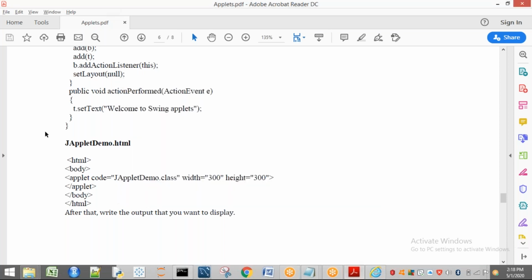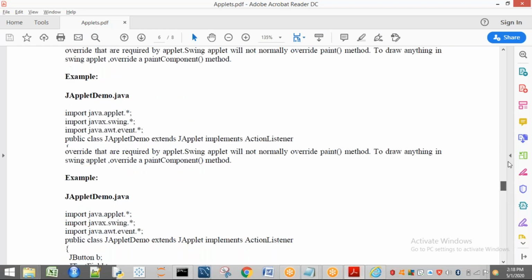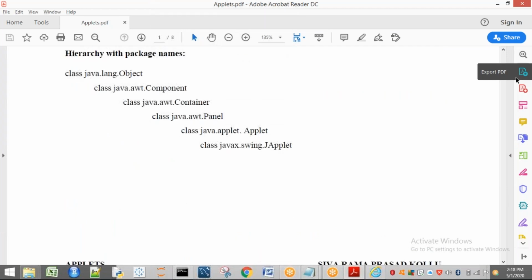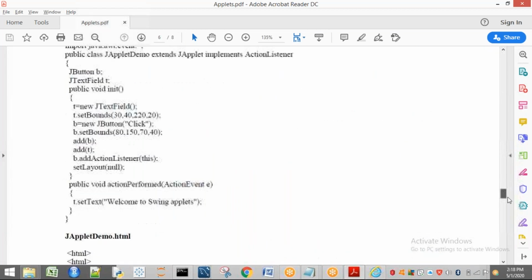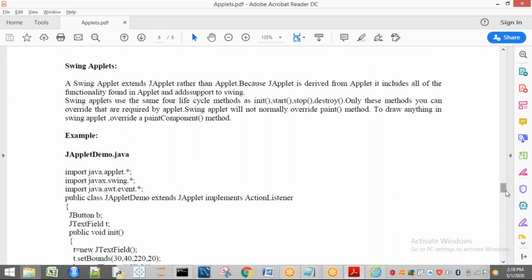Anyway, this is the basics of your JApplet. So remember four points. What are those four points? First point is JApplet. Already we have seen the hierarchy. If you see the hierarchy, you can observe JApplet is a subclass of Applet. All the properties of Applet will be given to JApplet. But for drawing purposes, JApplet is not going to use the paint method. The reason is this paint method is not present in JApplet. Sorry, Applet. Your paint method is present in the Component class.